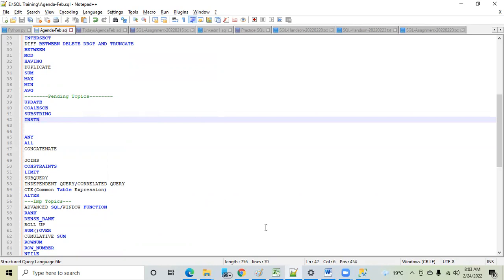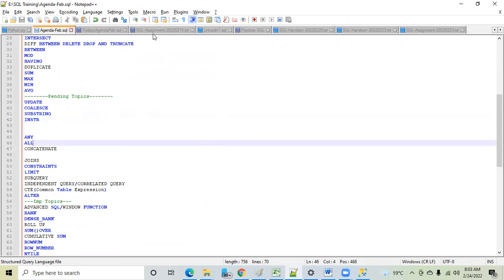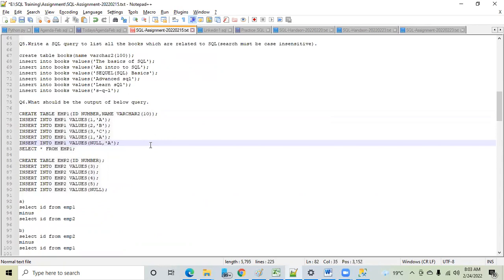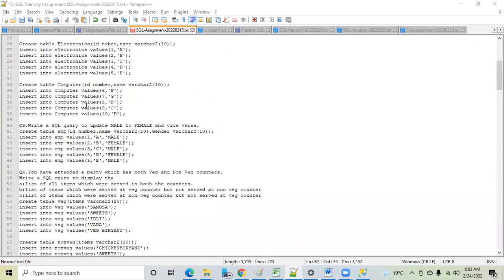Anything you want me to repeat here? No? Okay. Quick feedback from Mrinal. Positive, negative, anything, Mrinal? Anything new you learned today? Yeah, actually, question number 2, when I was trying to solve it, I couldn't solve it.